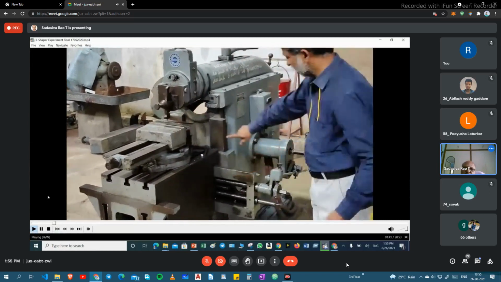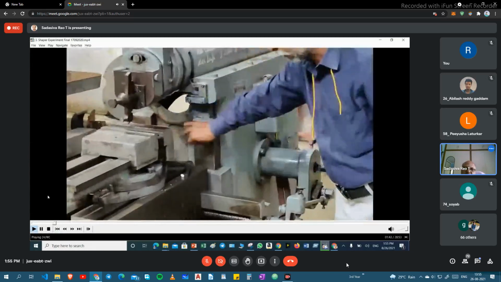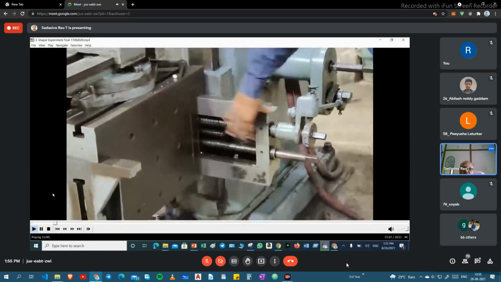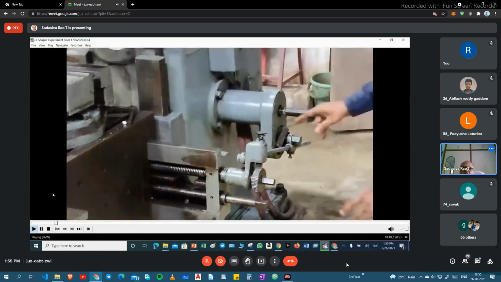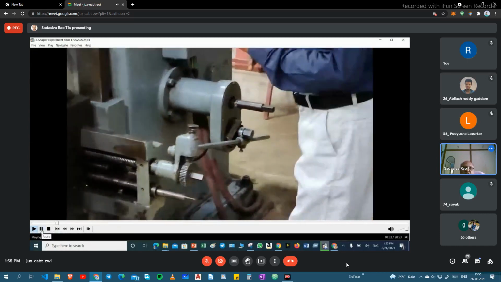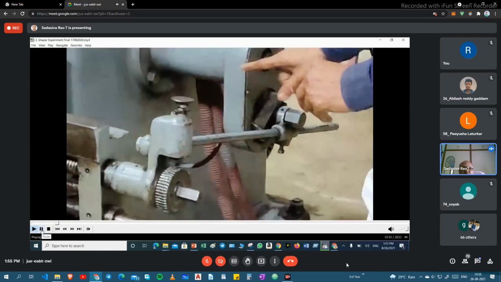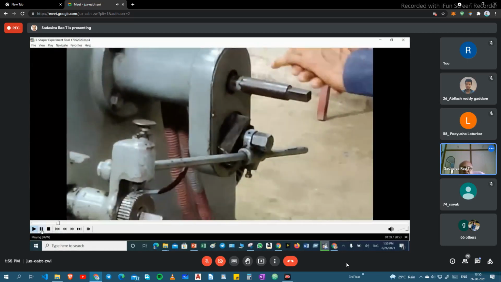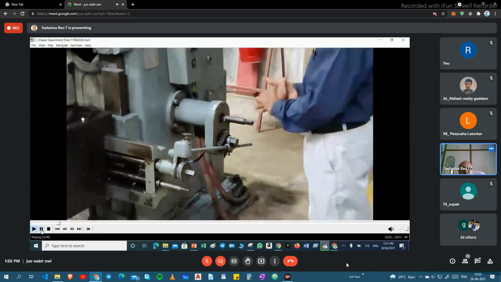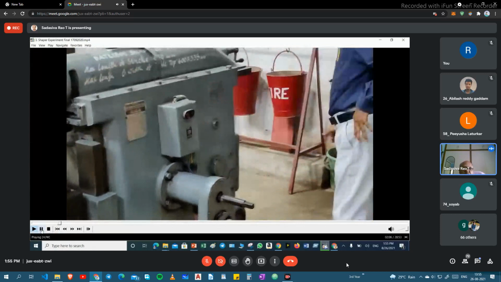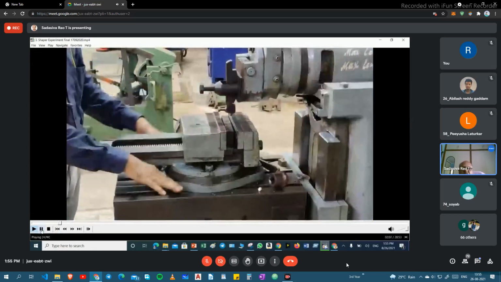Then this is the guide, and this one is the cross rail. This one is the power transfer mechanism. To feed the workpiece automatically, we engage this one, called the power transfer mechanism. And these are the main parts of the driving mechanism.